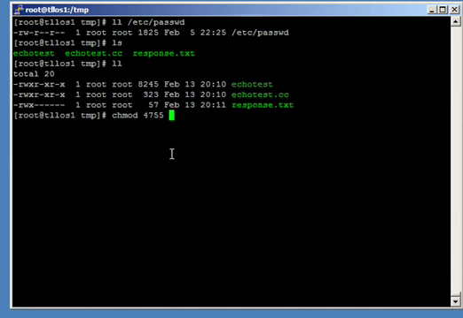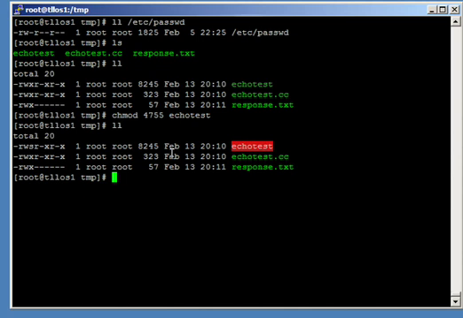So what I'm going to do is chmod 4755 on echo test. And then if I do an ll, now you can see that for the owner there is read, write, and then under the execute there's an S. So there's a set UID set on the file. Now if I go ahead and su - student and I run this command,